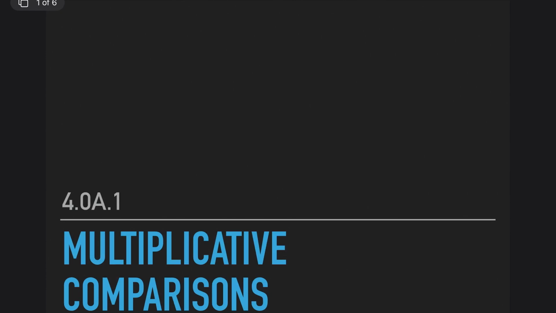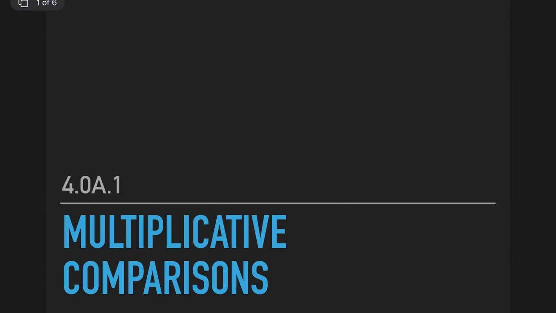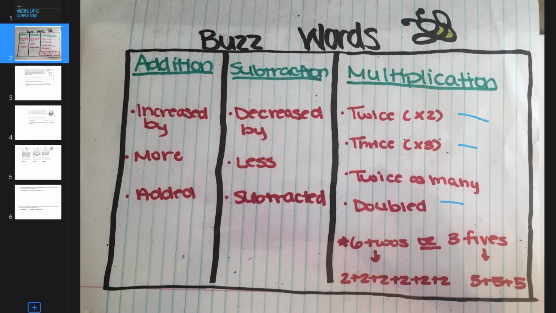Welcome, scholars. So today we're going to be doing a little bit of review on multiplicative comparisons. I'm looking at standard 4.OA.1. And as a reminder, I wanted to show you guys the anchor chart, or I guess the reference page